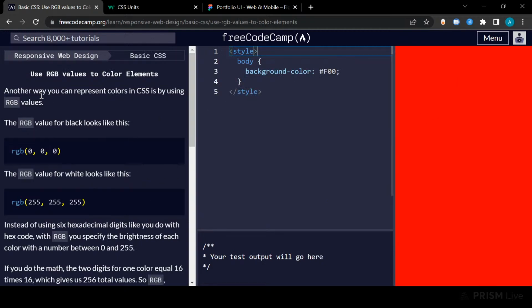Ooh, it's red. Another way you can represent color in CSS. The first one is hex, using hexadecimal, and you can use RGB. The difference is they use